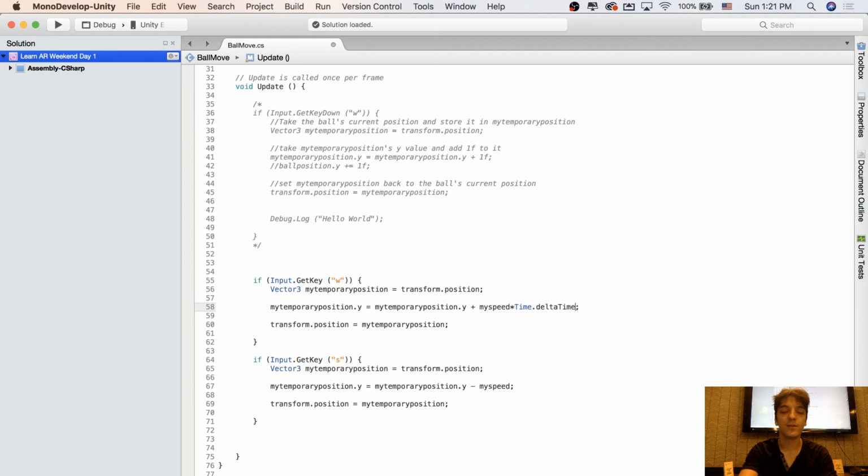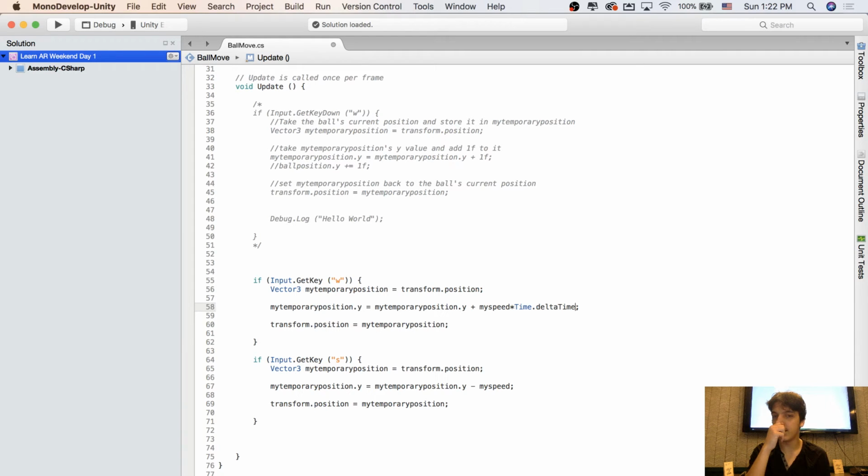So that's that. Time delta time is the amount of milliseconds or whatever that it takes for your processor to calculate one frame. Which basically, by multiplying the speed by that, again, this is a little higher level math. It's not that high level, but it might be a little hard to wrap your head around it. But just know that if you want to sync across whether a device is fast or slow,